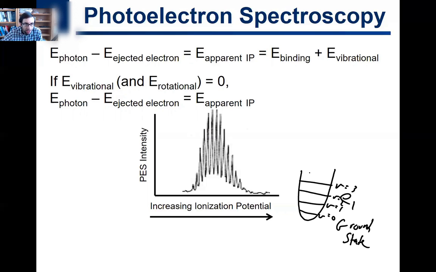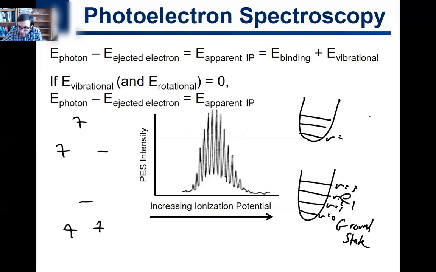But what you're doing now is shining UV light at this thing. So it's much higher energy light than the infrared light we used in vibrational spectroscopy. And now you're actually going to a different well, right? You're changing the electronic configuration. Maybe you had some molecular orbital diagram that looked like this, and now you shined UV light and went to an excited state like that, right? And so now what happened? You still have this second well, I'll call it E2. This is the excited state,